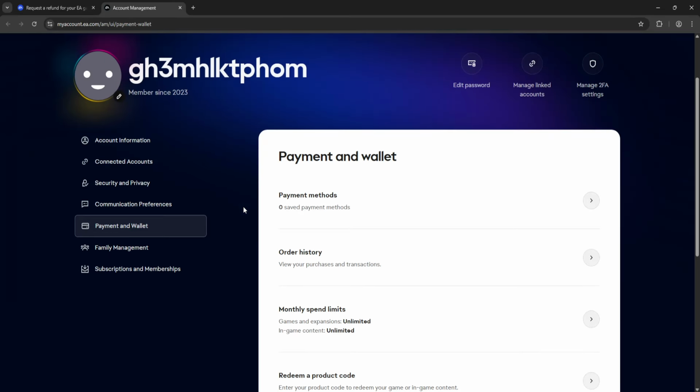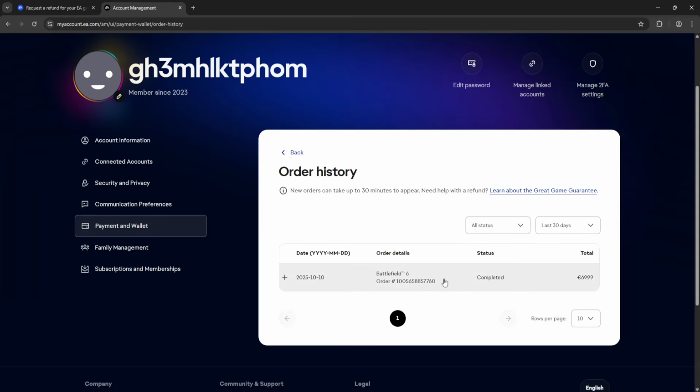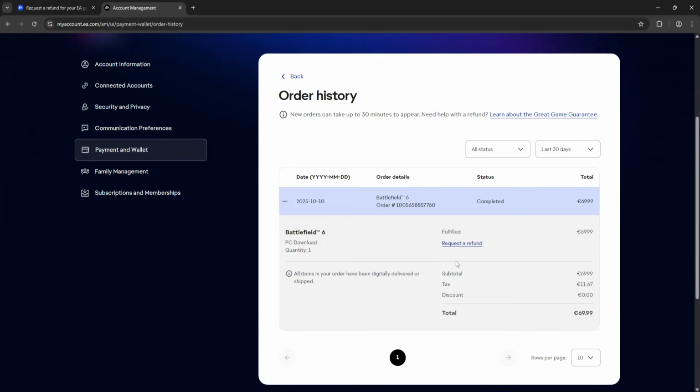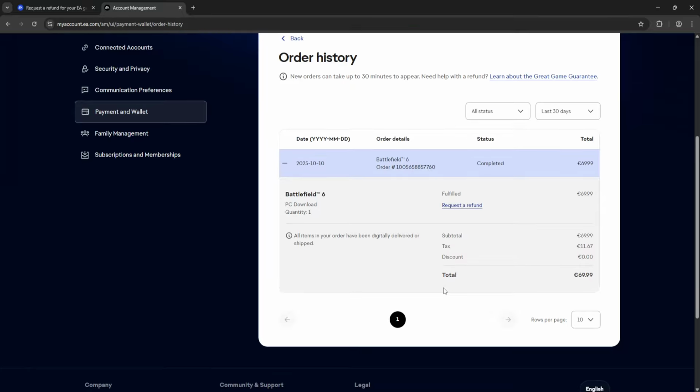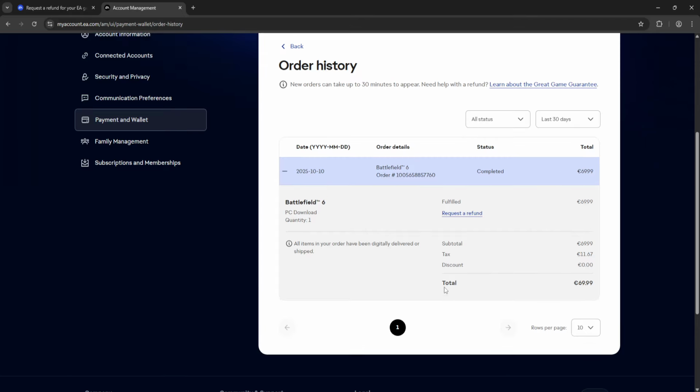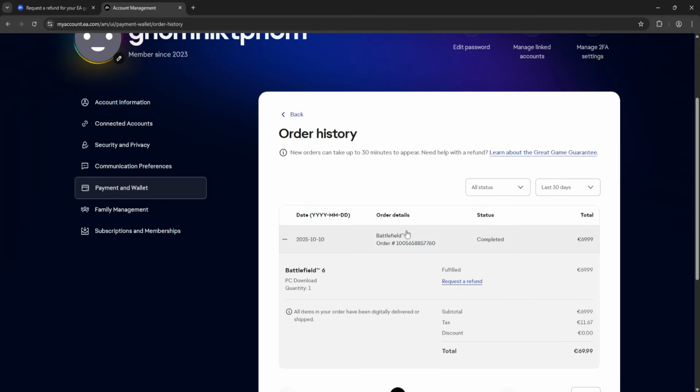Once you have logged in, you want to go into the order history. So click on order history, then you will find your order and you want to click on the order itself, and then you will click on request a refund. Once you click on request a refund, simply go through the prompts, then you will be able to receive your refund. But it's gonna take roughly 2 weeks to receive your refund before you can